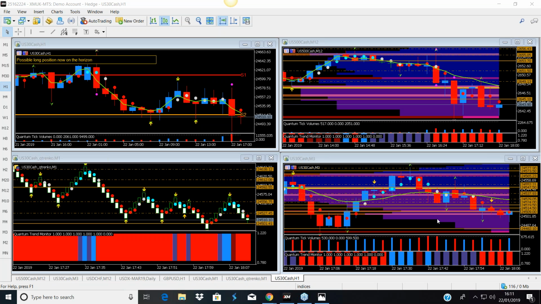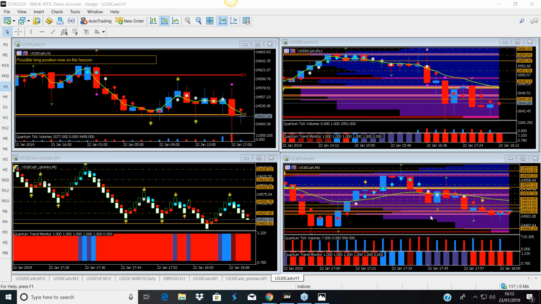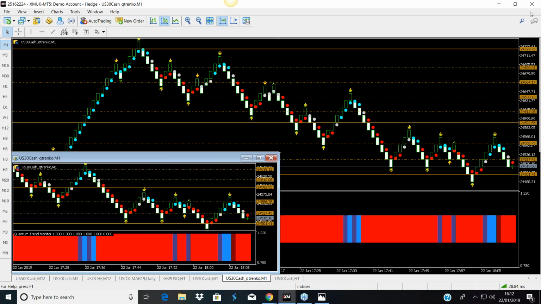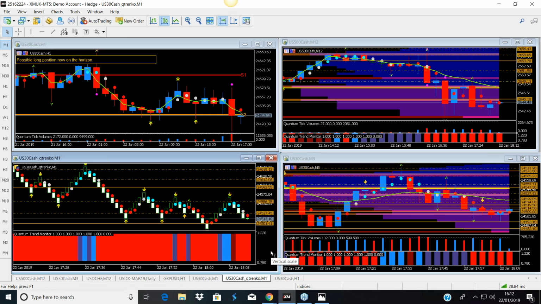I have sorted my profile out for the US 30 cash, which is the Dow on there, and it's all consistent now. And to look back on the Renko here, we can see up and down, the trend monitor flip-flopping out of bright red, trying to pick up some momentum. It had a bit of a go there, gone back down, and is now back in red. The level is fairly clear, what it needs to take out to the downside, but it's looking for a reason to go one way or another. There's no fundamental news. The fundamental news that came in wasn't particularly fantastic.